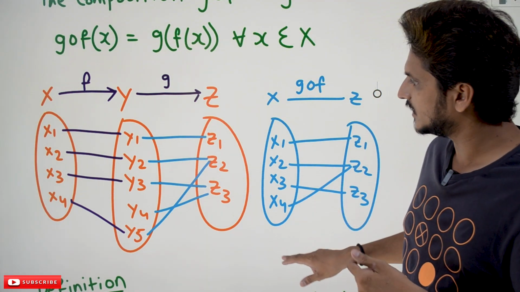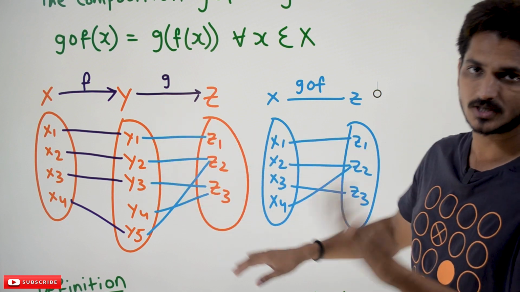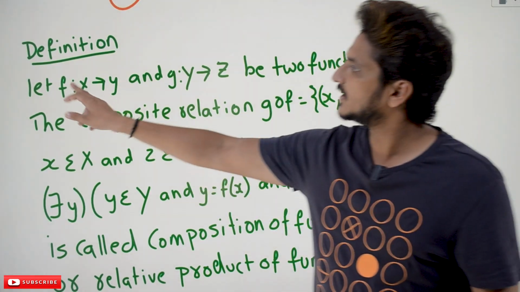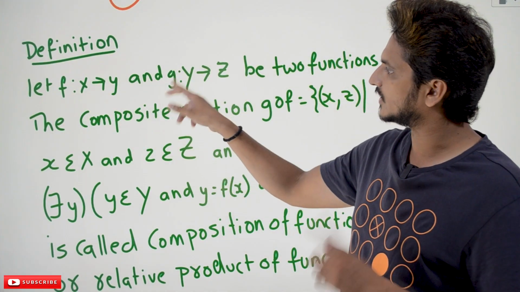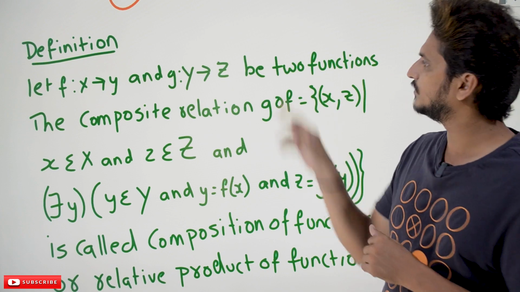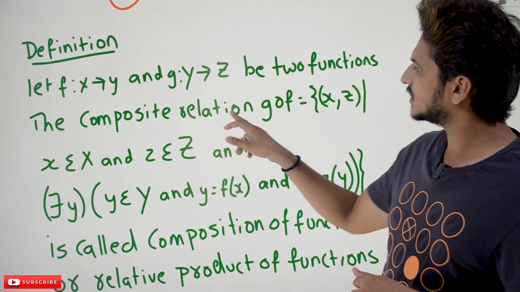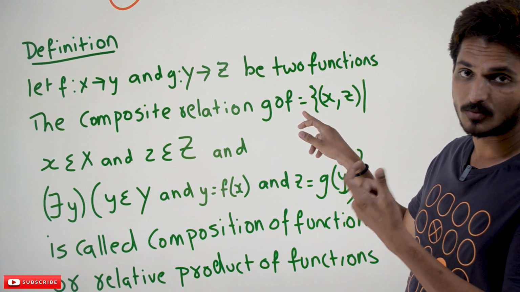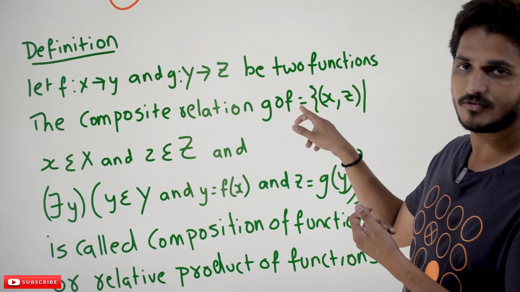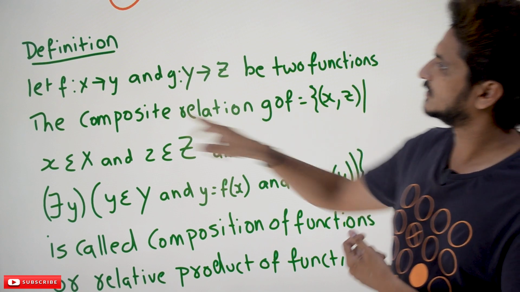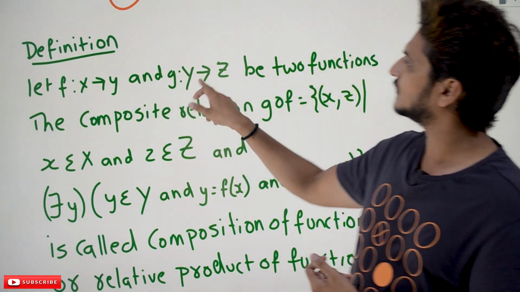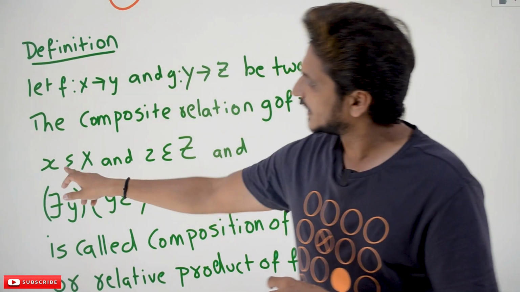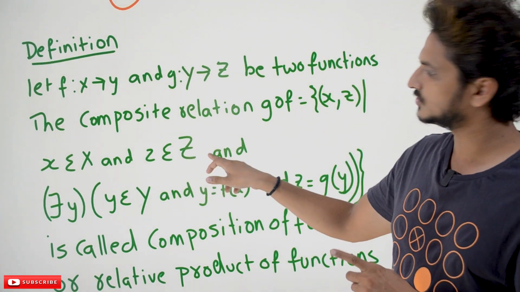Now try to understand the definition. If you have this graphical visualization, understanding the definition is very easy. Let f from X to Y be a function and g from Y to Z be a function, two functions. The composition relation g of f: what ordered pairs are we going to have in g circle f? X comma z. So f is from X to Y and g is from Y to Z. So x to z, where x belongs to set X, z belongs to set Z, and